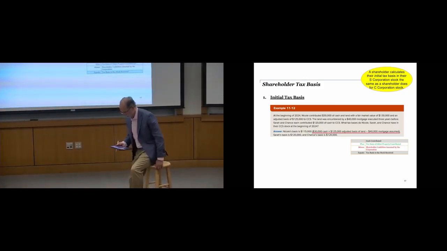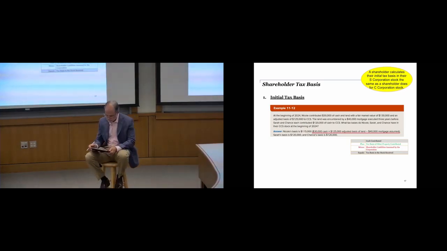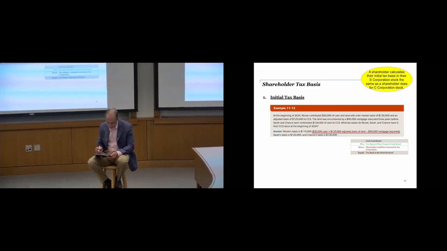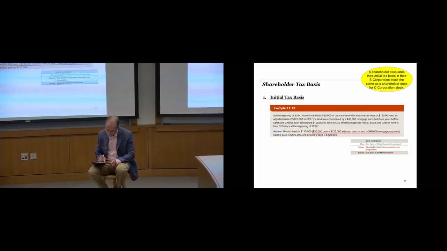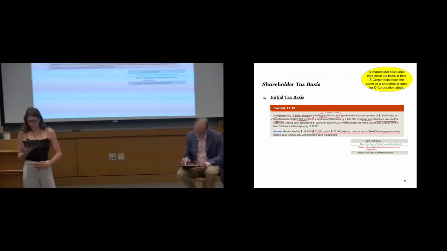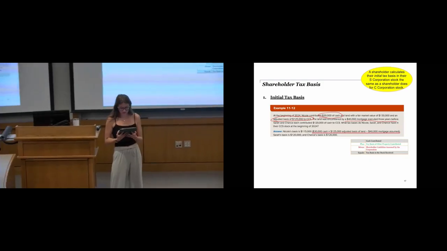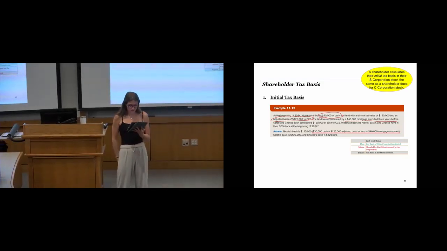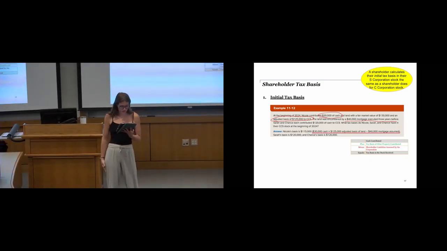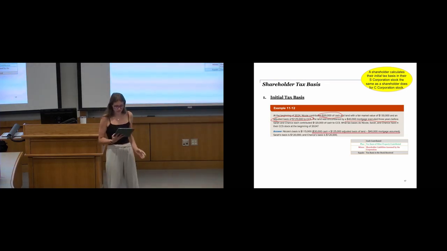At the beginning of 2024, the Corp has $30,000 of cash and property with a fair market value of $30,000 and an adjusted basis of $125,000. This is covered by a $47 loan to the Corp. Their interest is $125,000. What tax basis do you call for that impact on the future of the 2024? So the Corp is